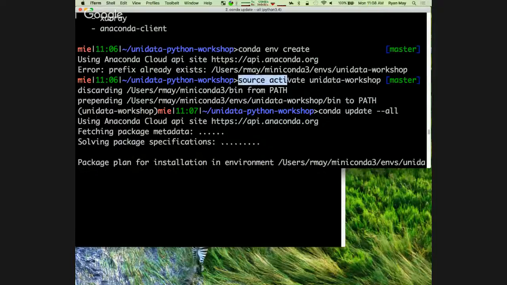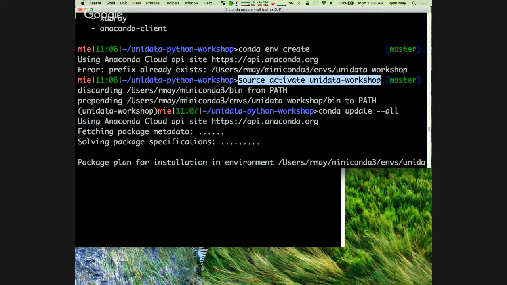So if you got the error message when trying to do the conda env create, that means you already had it. So we needed to go ahead and activate the workshop environment and update. I didn't get the error message, so you don't need to do the update. But I'm downloading. Right. Well, everyone's going to be downloading. That's the point right now.